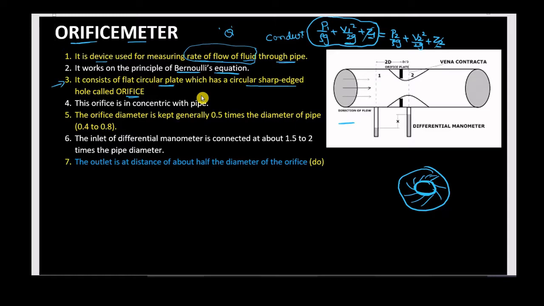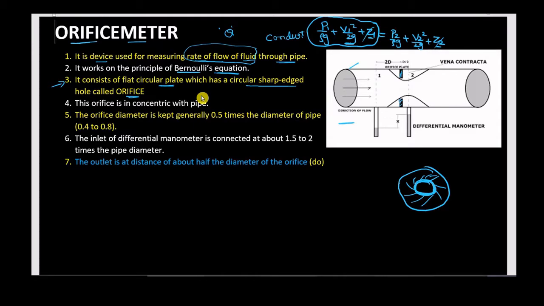Understood? What is the construction of orifice meter? How it looks or how it is designed: a flat plate with a circular hole. So this circular hole they will fix inside a pipeline. Now here this is the flat plate. It is fixed inside the circular pipe. This is the pipe. Okay. So you are seeing it is a front view. If you look at the side view, this is the side view. If you look at the front view, it will be like this only.